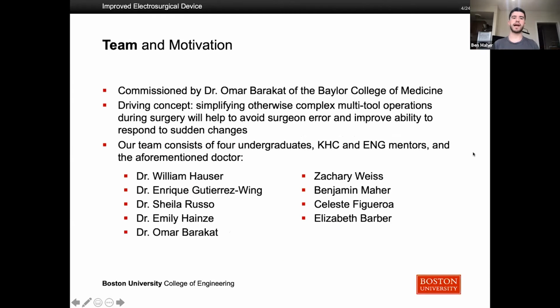So a little background on the project. This was commissioned by Dr. Omar Barakat of Baylor. The project actually started within the College of Engineering last year. The concept is to simplify these multi-tool operations during surgery so that it's easier and more intuitive for surgeons and that they can respond more quickly to sudden changes. Our team consisted of myself and three other undergraduates, Zach Weiss, Celeste Figueroa, Elizabeth Barber, and all of these engineering